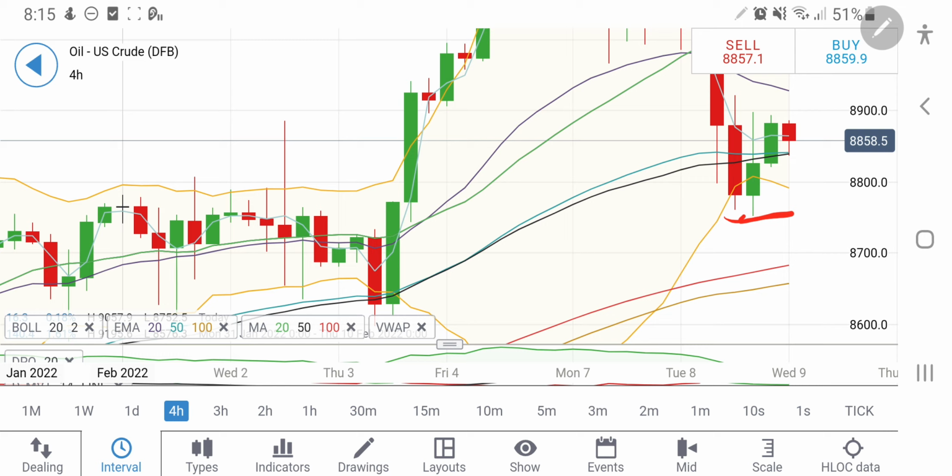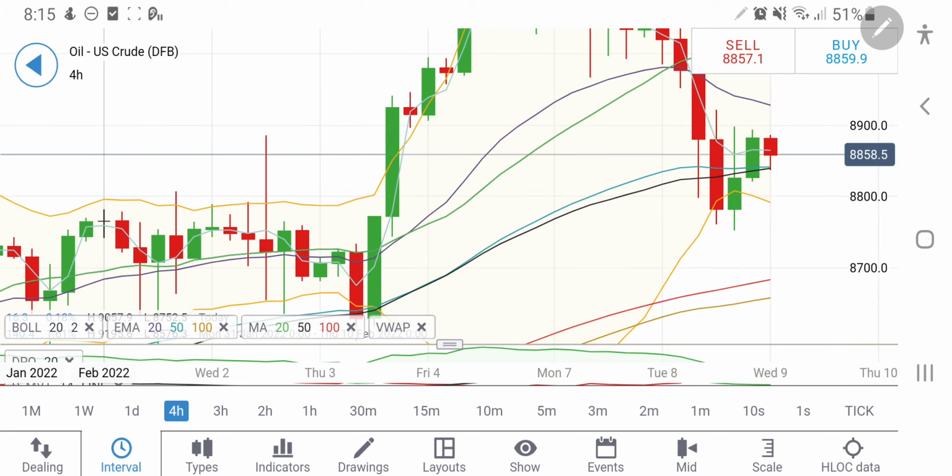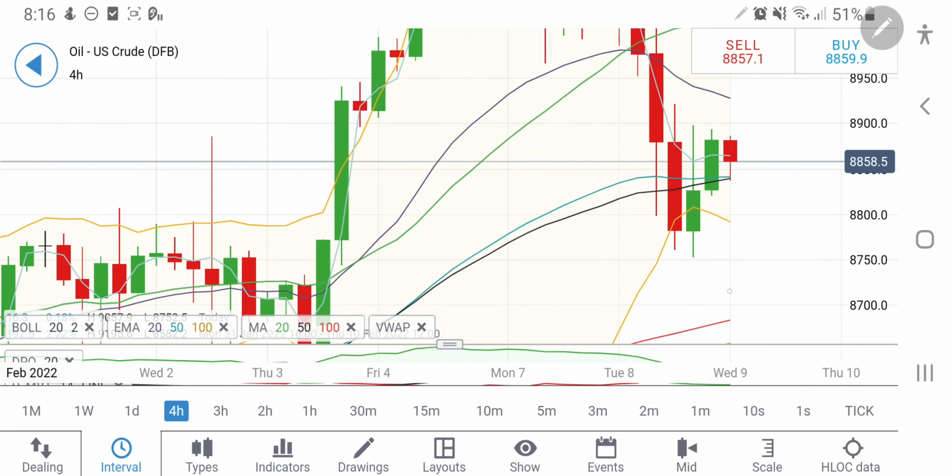As I said in my weekly analysis, we can expect a drop. It is trying to make a pole and flag pattern. Now the support at 87.00 is definitely there. I don't expect it to break this support at 87.00. On the upside, there is a resistance at 92.00. It might trade for the week in between these levels, but for the day, you can see once it breaks 89, this resistance, definitely you can go long.